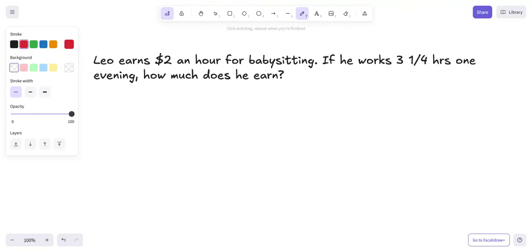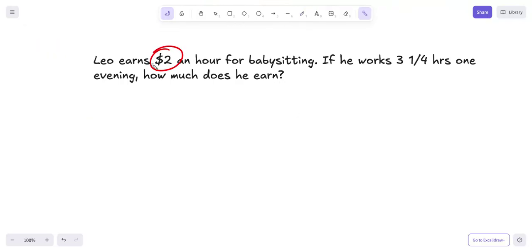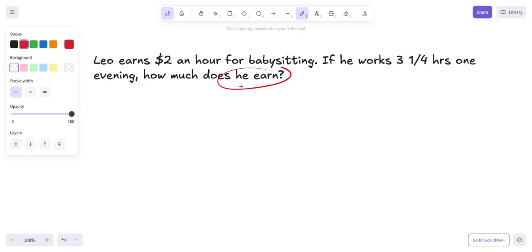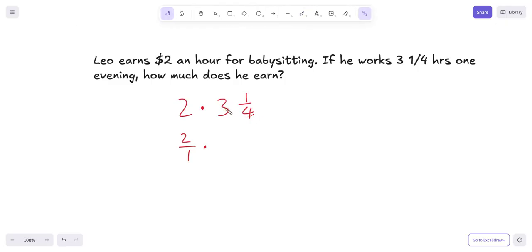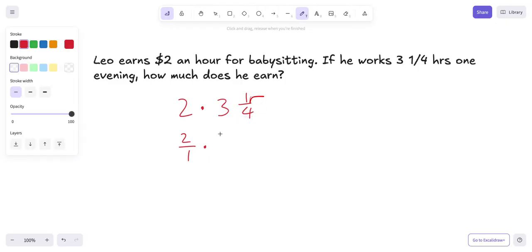All right. Leo earns $2 an hour for babysitting. If he works 3 1/4 hours one evening, how much does he earn? So this is his rate, $2 an hour. We have to multiply that by his time, 3 1/4 hours, to get his dollar amount. So this is just 2 times 3 1/4. Again, with multiplying and dividing, we need improper fractions. So this is 2 over 1 times 3 times 4 is 12, plus 1 is 13